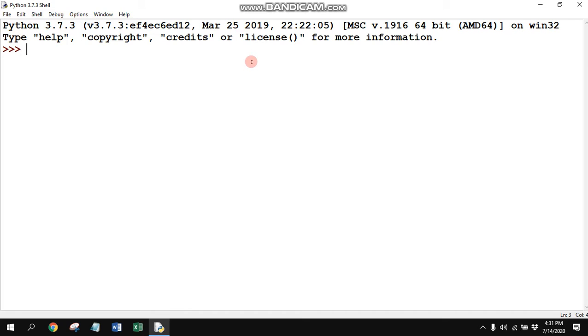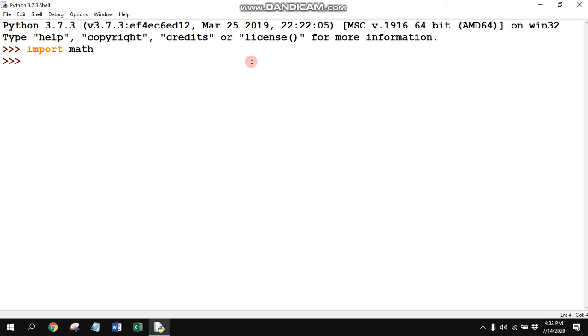To import a module, for any module, we have to write import and the name of the module, and here we want to import the math module. So now the math module is imported, and all the functions of the math module have come onto our system.